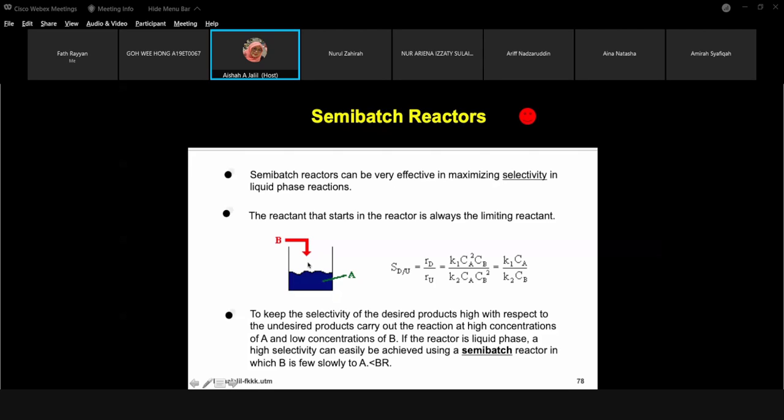Drop into A dropwise, slowly the reaction will occur to produce the product. Why do they not put it in at one time? When they put it in at one time, for example A plus B, it becomes a batch reactor. They do not put it in at one time because they want the reaction to occur slowly. That's why they put it in dropwise. That is a semi-batch reactor. You just need to know that is the semi-batch reactor.